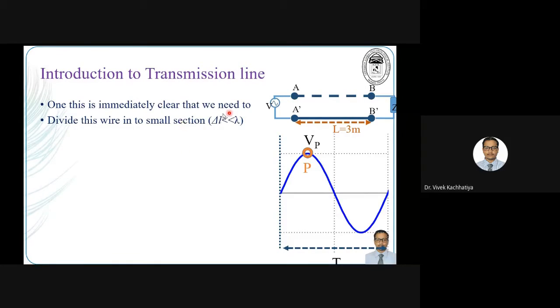What we have decided is we are going to divide this length into small sections delta L in such a way that it is very much less than my wavelength lambda. Shreya, do you remember our previous example of lecture number 1 where we used a 50 hertz signal? What was the wavelength for 50 hertz? Quite large, in kilometers, I guess. Yes, it was 6,000 kilometers, and we took the example that we start from VJTI and it lands somewhere in Taiwan.